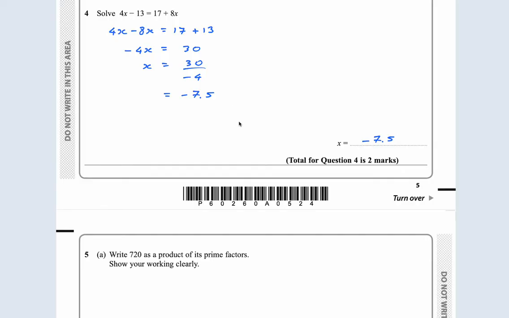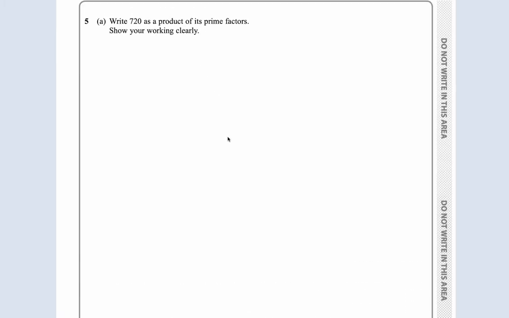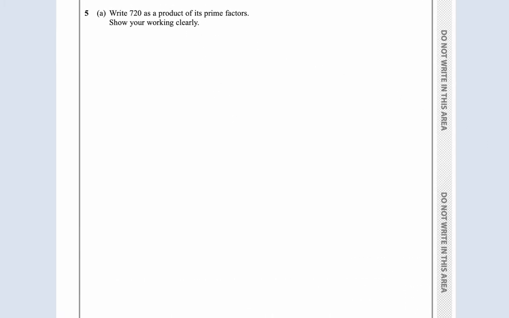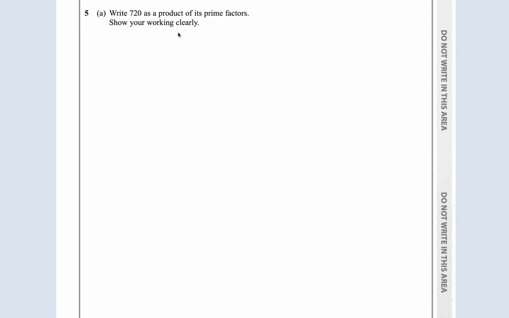Okay, question 5a. Write 720 as a product of its prime factors. Okay, so guys, look, normally you can just do this equals. So this is the answer, 2 to the 4 times 3 squared times 5. So it's good to have it, but it says show your working clearly. So if you just write that down, you'll probably get no marks. So make sure you do your